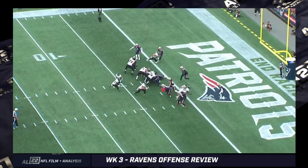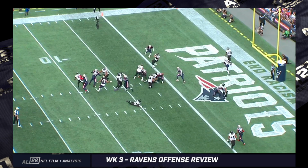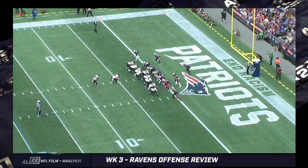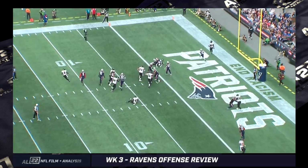2nd and goal after a penalty, 12 men on the field. This, again, another example of Lamar throwing the ball away from a defender, throwing it on the backside here. I do want to point out, and you'll get the end zone angle, this Bentley guy for the Patriots is an interesting player to me. Seems very highly aware. You will see